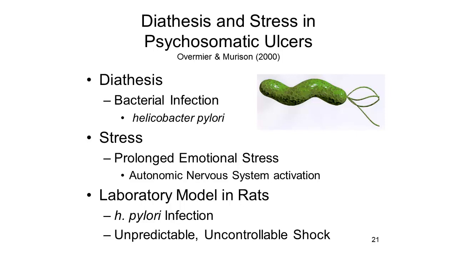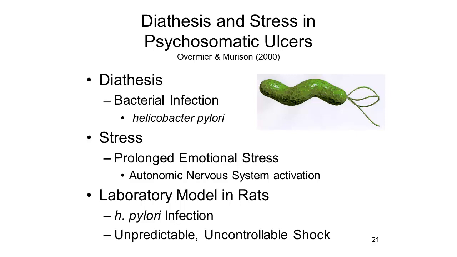pylori to a regime of unpredictable, uncontrollable shock. It's not an accident that Overmier himself was involved in some of the earliest experiments on learned helplessness. Ulcers tended not to occur in infected animals unless they were exposed to unpredictable and uncontrollable shocks, an environment of helplessness. Animals who were exposed to learned helplessness, unpredictable and uncontrollable shocks, tended not to develop ulcers unless they were